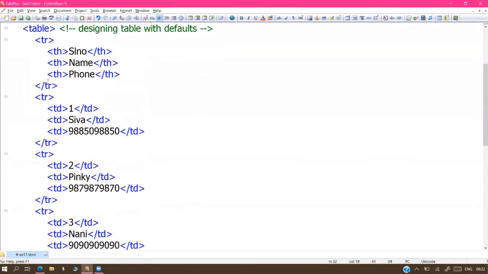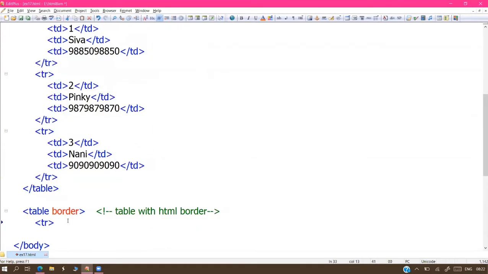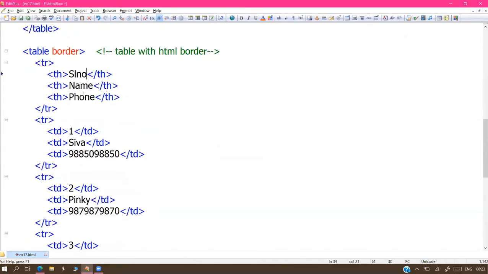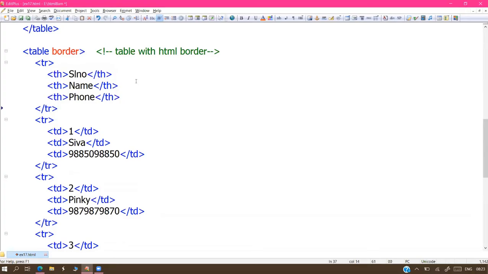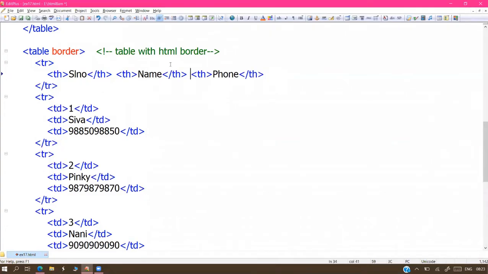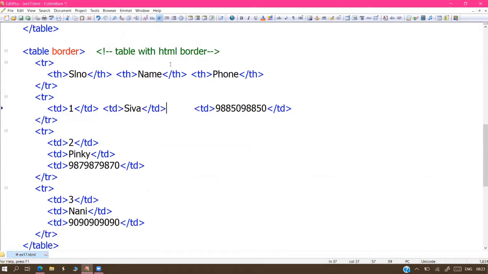Same data I'm copy pasting here with the border. Is it necessary to type the data like this, line by line, sir? It is for the neat design of the code. If you need space saving, you can type side by side. No objections. For neat design, we write line by line. So I need the space saving, sir. Then we can go like this.